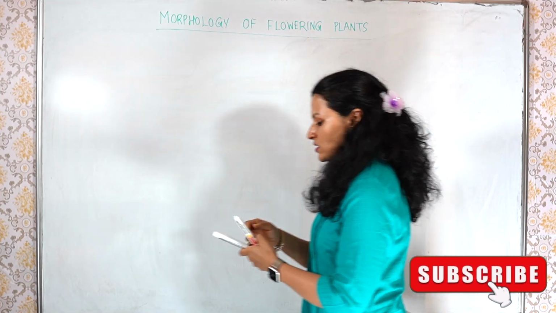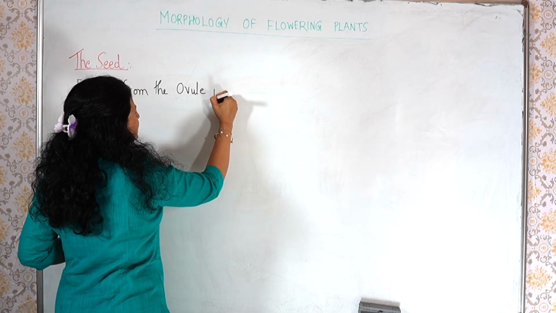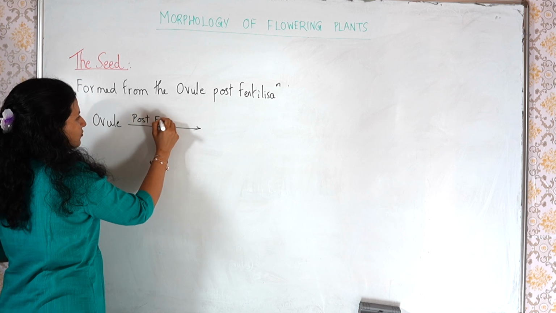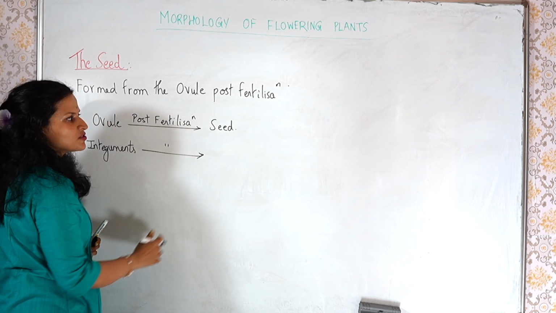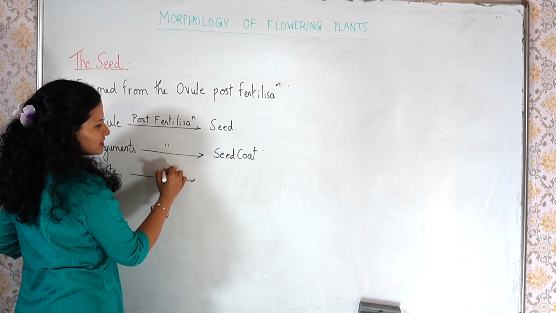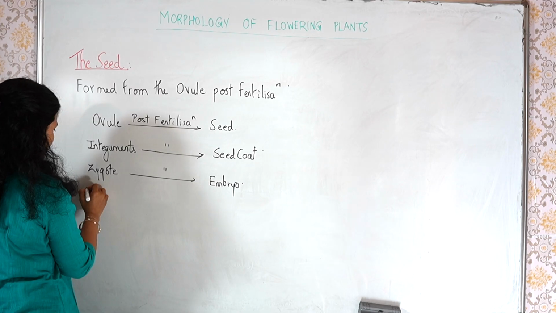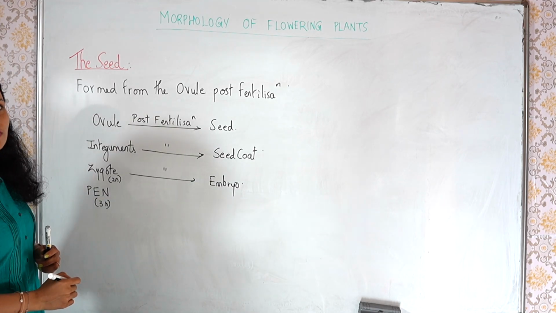So let's begin. The seed. The seed is formed from the ovule post-fertilization. Ovule post-fertilization forms the seed. Integuments of the ovule post-fertilization form the seed coat. The zygote post-fertilization forms the embryo, and the primary endosperm nucleus, which is formed as a result of the double